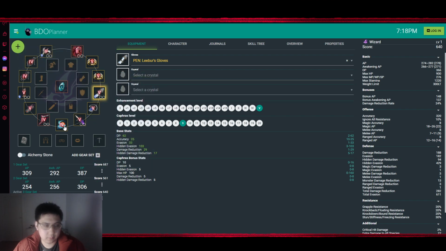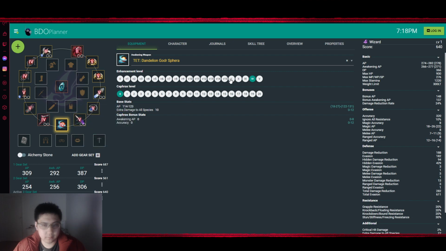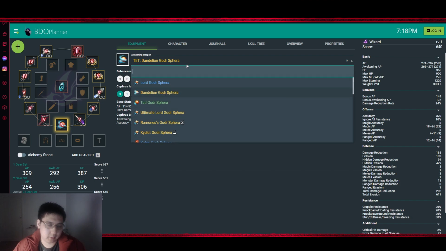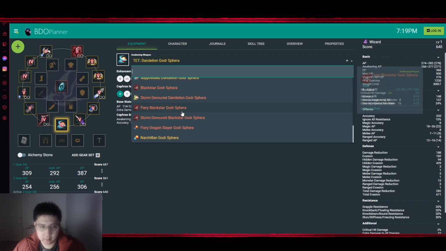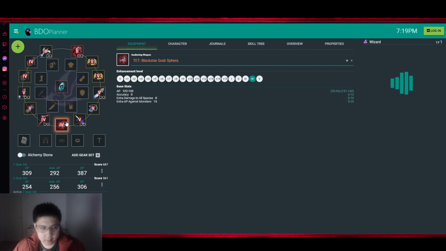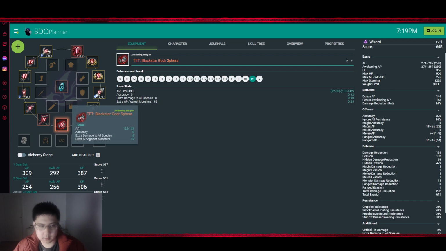transitioning over. So again, if you're mainly focusing around PvE, even at this point, get yourself a Black Star God Sphere, right? Because this has pretty decent PvE bonuses in terms of damage. So you got your 2 Black Stars here, and you got your Penkudum, you got your Vels, you got C9 armors, and at this point,